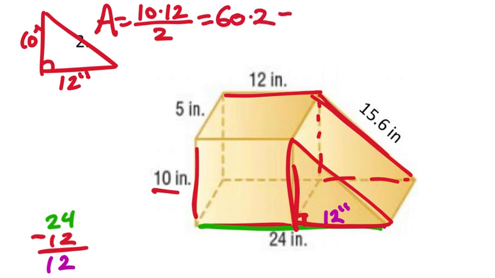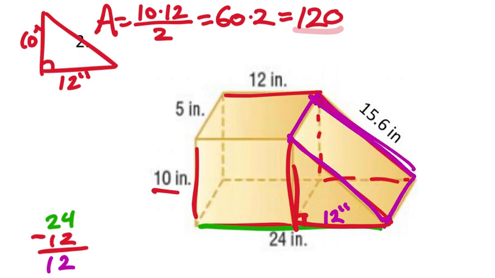Of course, there are two of these. So in final, with both triangles, I end up with a surface area of 120 square inches. But we want the total surface area. So there are those two triangles, and it's good to have those out of the way. But then I've got this